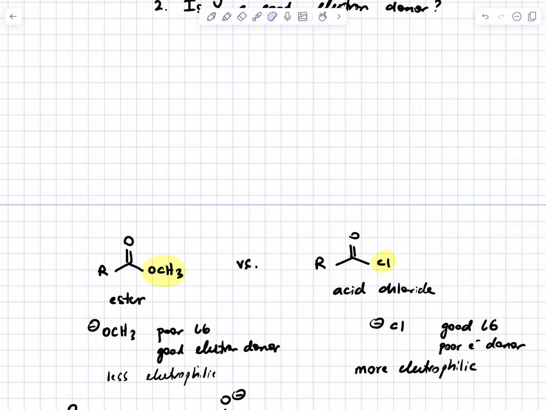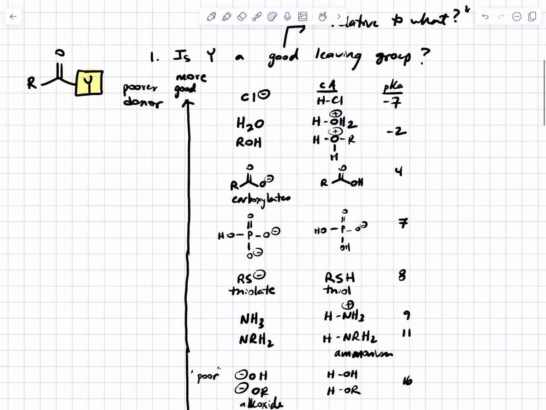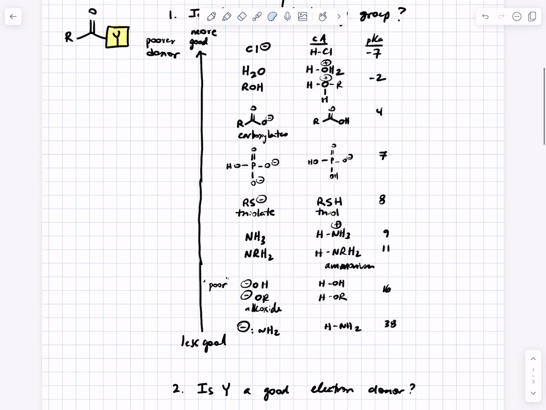Good to go. Okay, last time we were talking about carbonyl structure and reactivity. We were focusing on what's the impact of this Y group that's attached to the carbonyl carbon. We talked about, is it a good leaving group and is it a good electron donor? Interestingly, one thing that emerged from our discussion is that the things that are poorest leaving groups are actually the better electron donors. So you can use your intuition from chapter 2 of 351 where you talked about pKa to identify